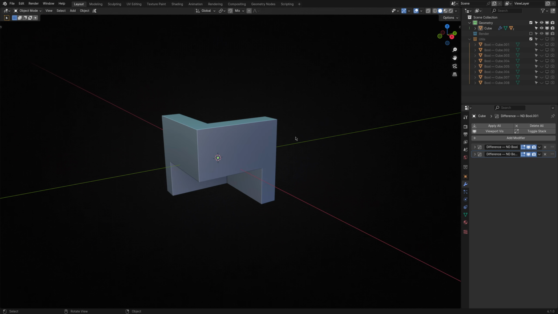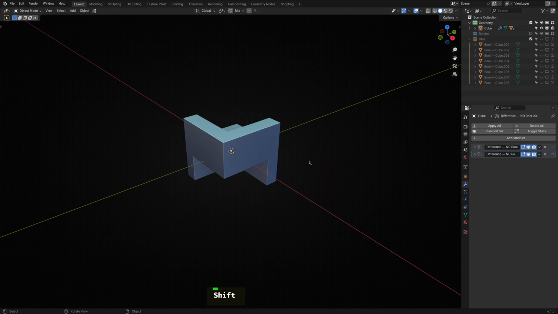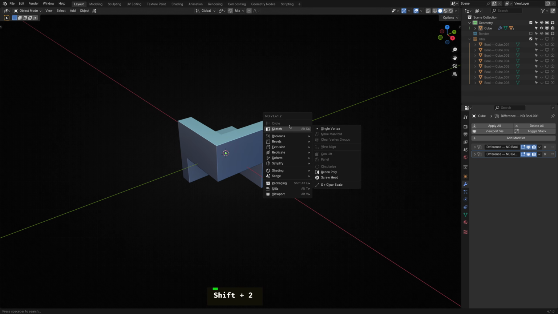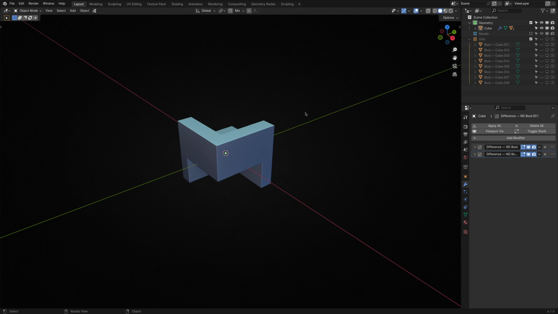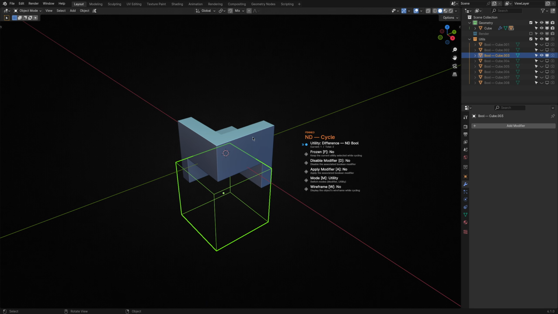Okay, so I promised that an additional operator would be mentioned at the end of the video. This operator's name is Cycle. It isn't located in the viewport menu, it's a standalone operator at the top of the ND main menu. It does a few different things, let's go through them all. I'll start by selecting one of our objects and then choose Cycle. The cycle operator allows you to cycle between the util objects, in this case the Boolean utils affecting the selected object. You'll then have several auxiliary actions you can perform.